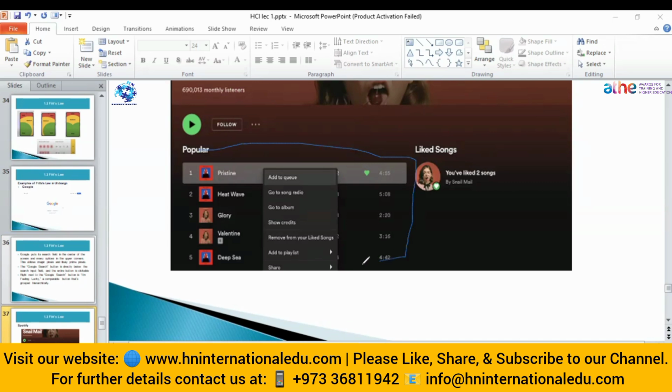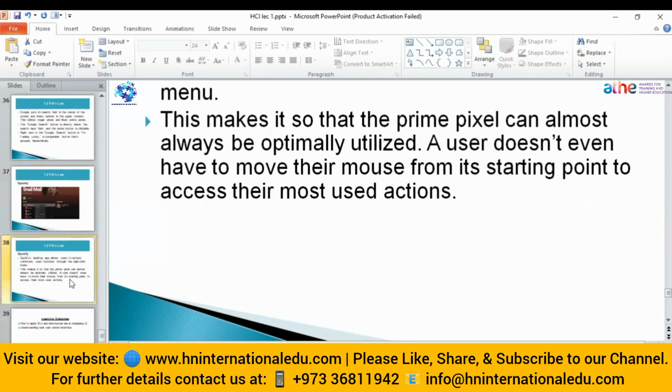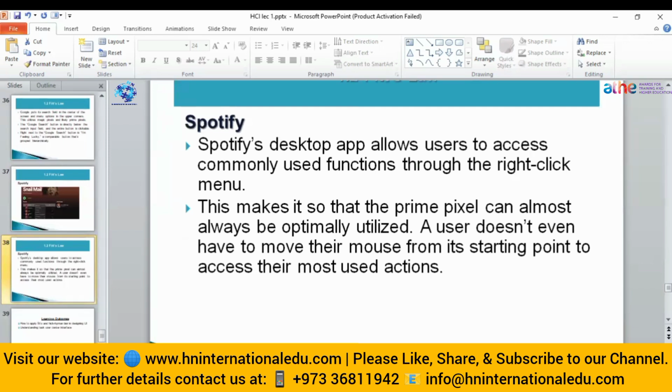These are the most important items the user has to click, so these are placed near the thumb of the user, if the user is going to use their thumb on that touch panel. Then in summary, Hick's and Hyman's law are used in this kind of right-click menu, and the Spotify application allows the user to access the different functions through the right-click menu, and by using prime pixels that gives optimal utilization.